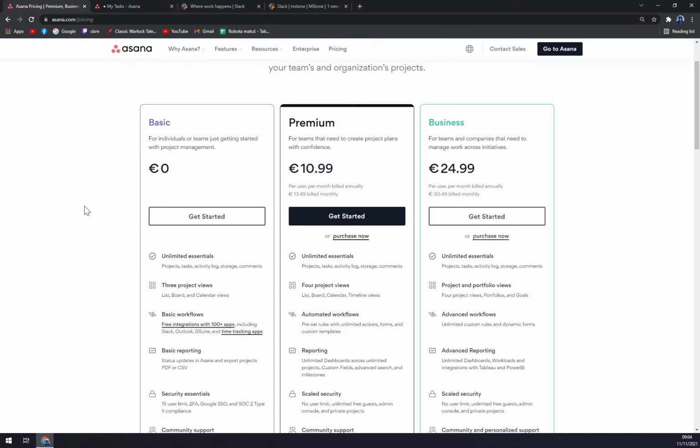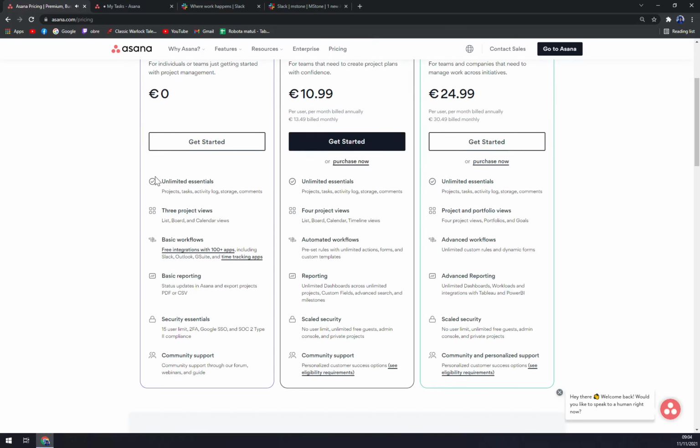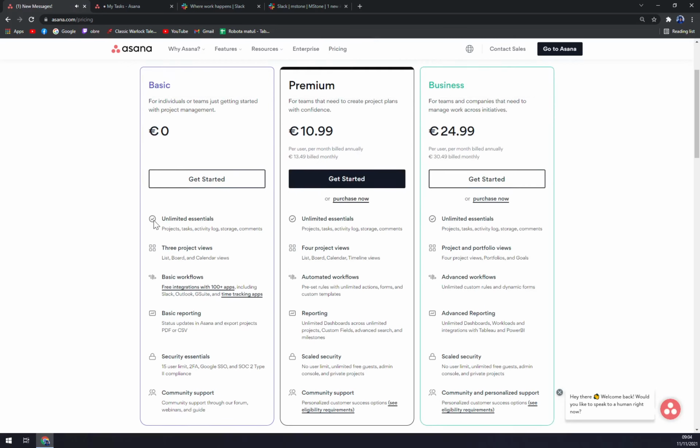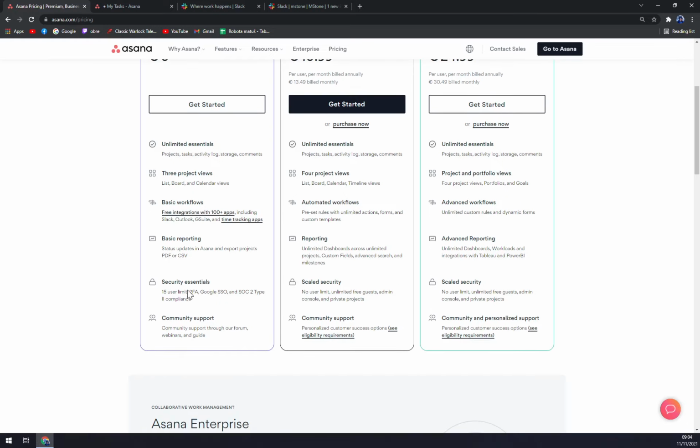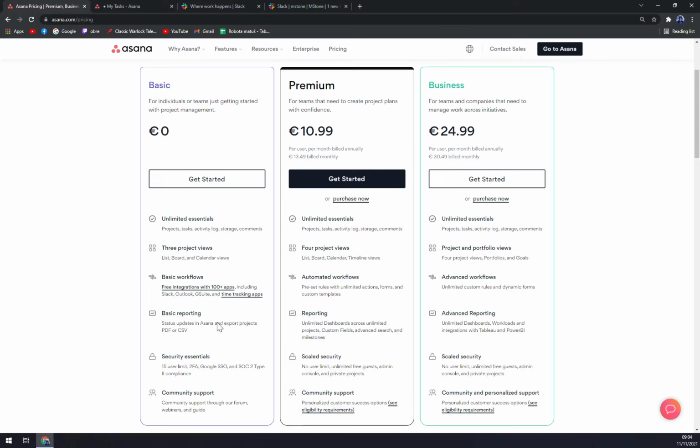So we can start with the basic one, which is free. You get unlimited essentials, 3 project views, list, board and calendar views, basic workflow, basic reporting, essential security, community support. Then we have Premium, which is where we step into the paid tier.